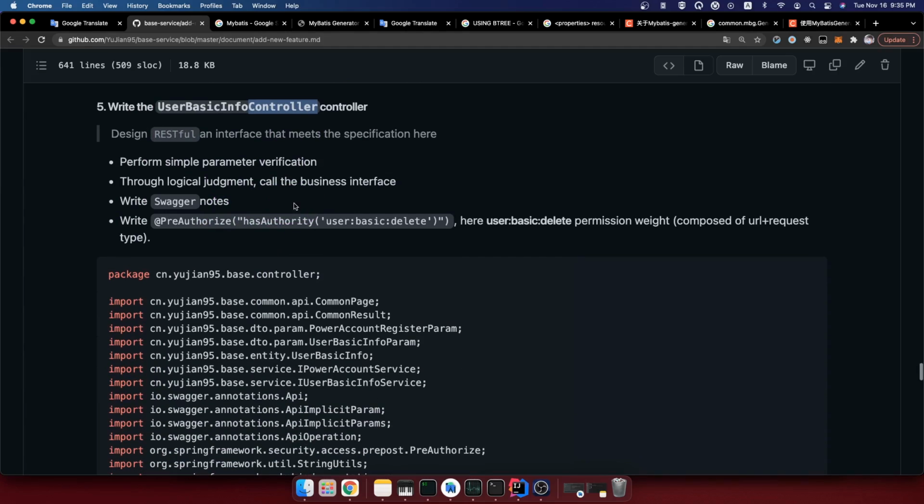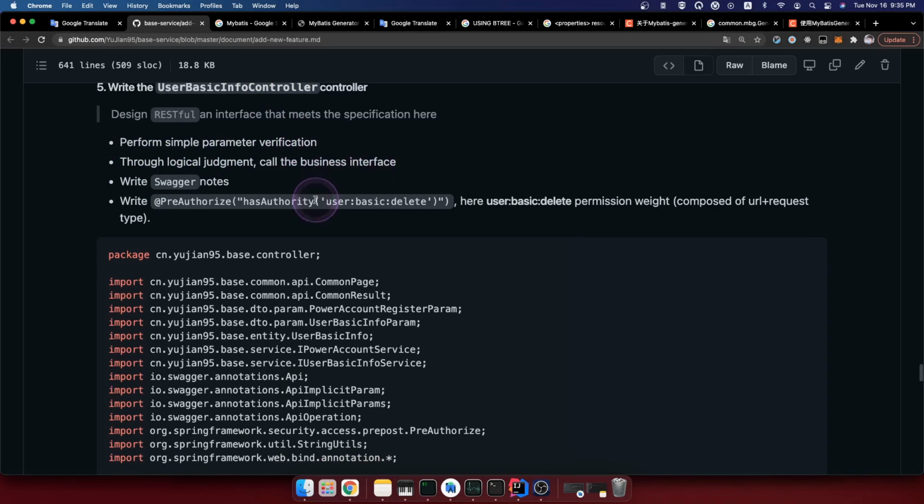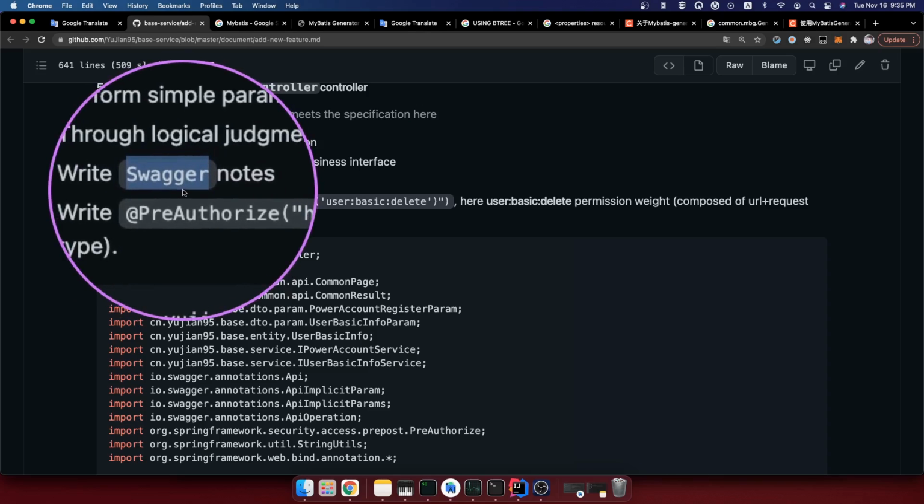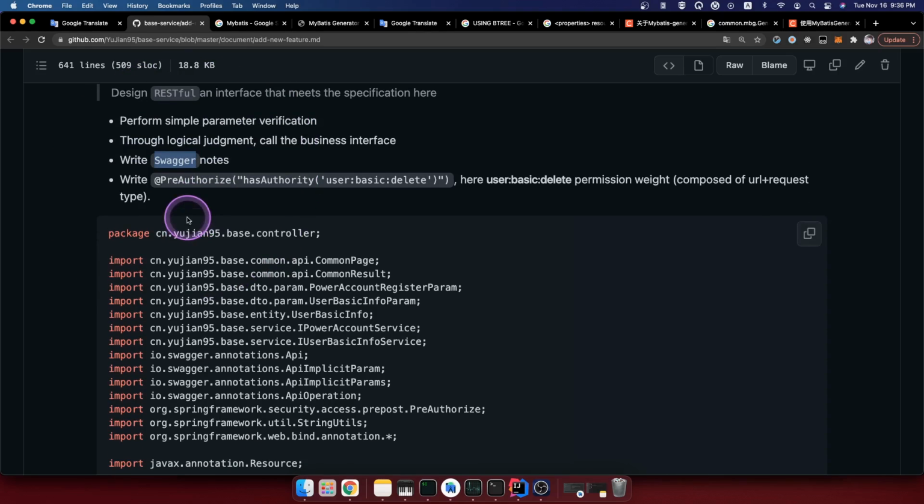Inside of the controller, we're gonna perform some simple parameter verification, and then we will try to write the Swagger notes. If you don't know what Swagger is, it's just a documentation generator for your API. Then we're gonna do some